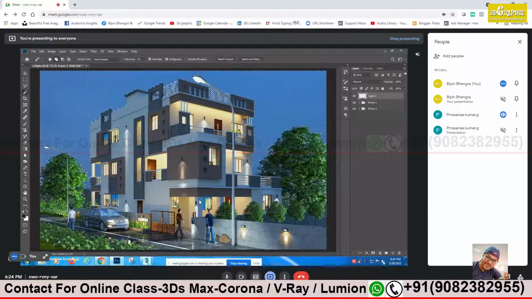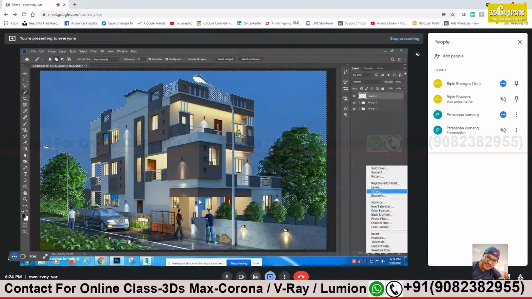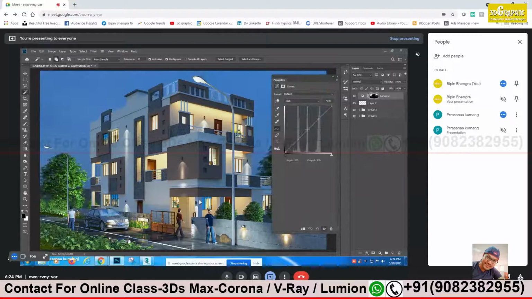So can I improve on level, sir? First, yes. Do it, because we need more brightness. This much is enough. That is good. But what I am trying to say is, we'll change the background only. I want some kind of evening cloud effect that we can bring from outside, the sky.